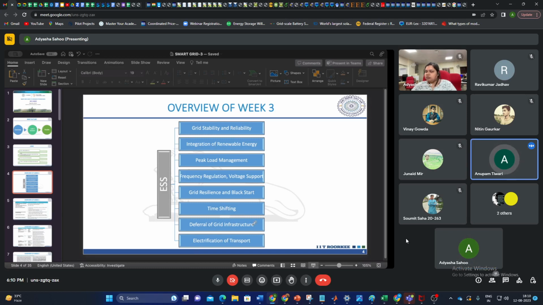Ma'am, time shifting means we will give a rebate when the electricity demand is not there. So people will use electricity at that time, and we will increase the tariff rate when the demand is more. So by this also we can manage the load. Yeah, a similar concept in the case of storage: whenever there is low demand or low prices, the storage can charge, and discharge in the time of high prices to get monetary financial benefits.